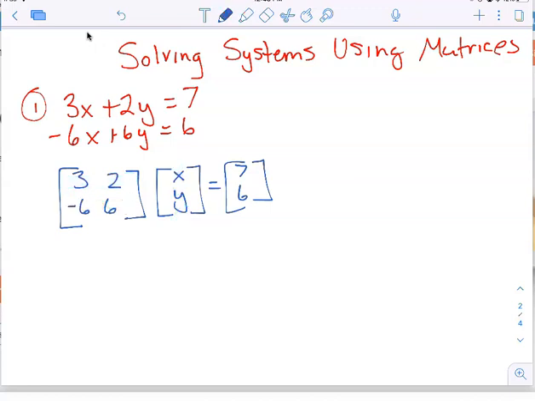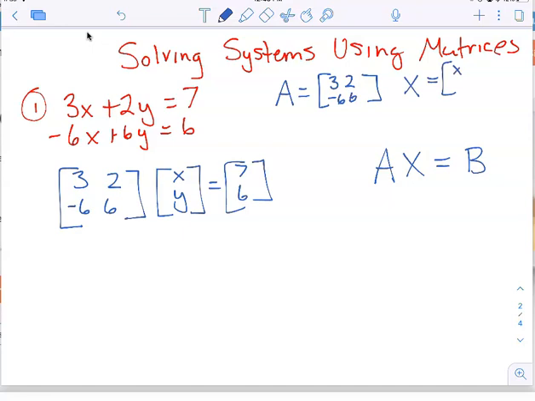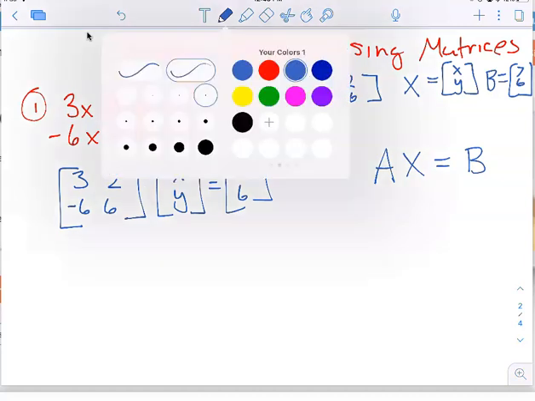And now over here, this is kind of like saying we have an AX equals some matrix B. So what we're saying is A equals matrix 3, 2, negative 6, 6. Our X matrix is our variable, that's X and Y. And then our B matrix is 7, 6. Now on matrices, normally if we were to solve this, we'd say divide by A. In matrices land,